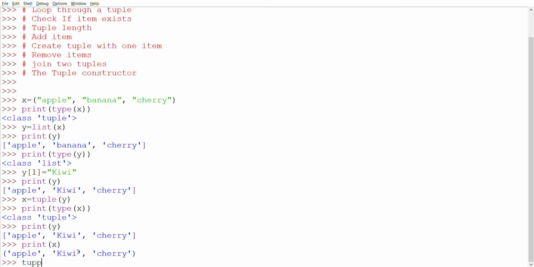Tuple, convert to list, then set the values, and convert back to tuple. Now it's clear.